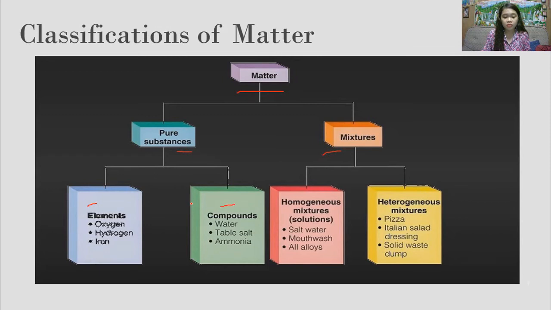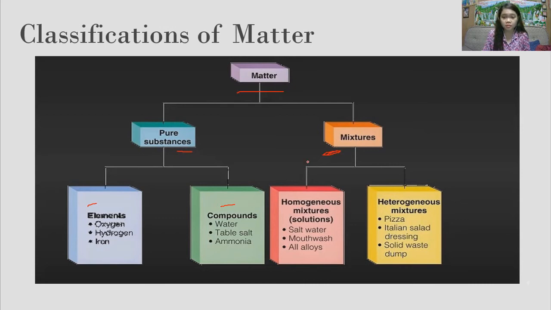Each component or substance in a mixture retains its chemical identity, because a mixture is composed of two or more substances. Each component retains its chemical identity, even if you react them into other types